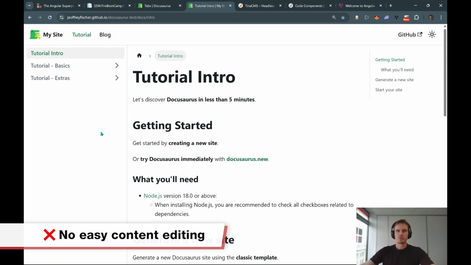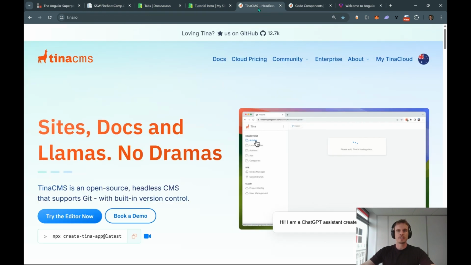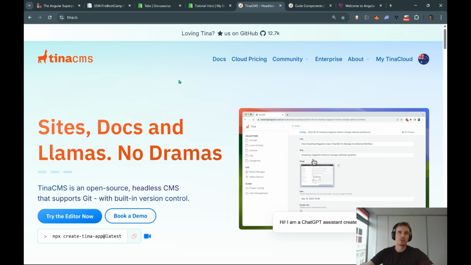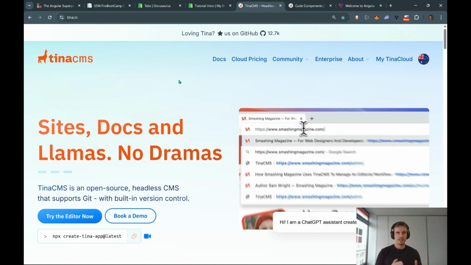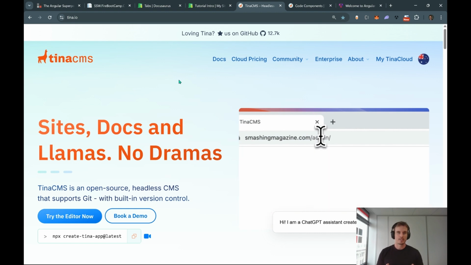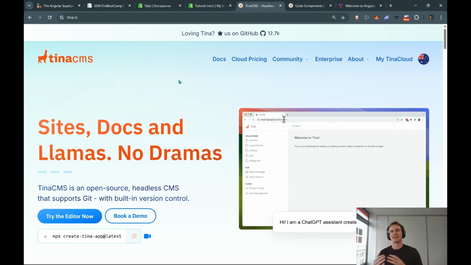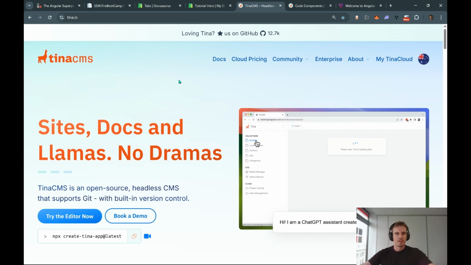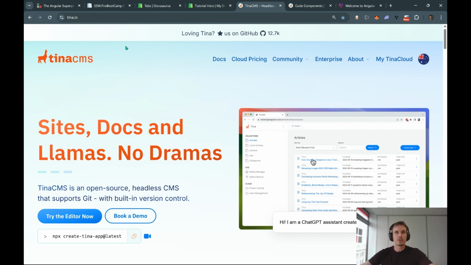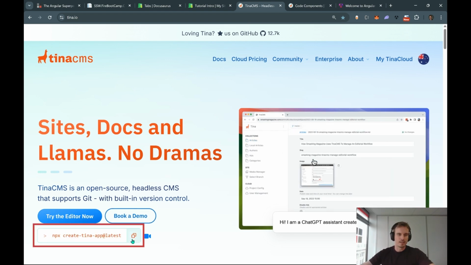All right, so let's move on to the second option, which was TinaDocs. Tina is actually built on 3 different things: Next.js for building the pages, Tina CMS to manage your content, and Tina Cloud to manage access to the CMS. So yeah, back to this page, I went to tina.io, and on the home page here,